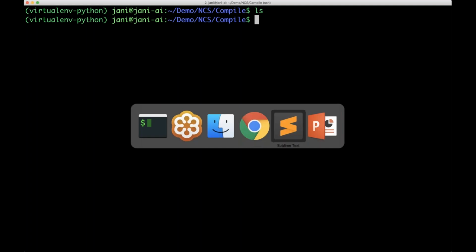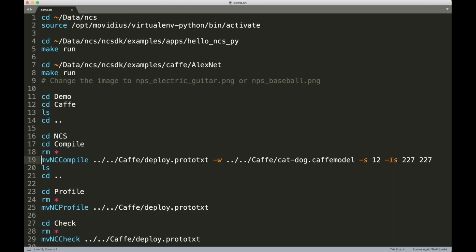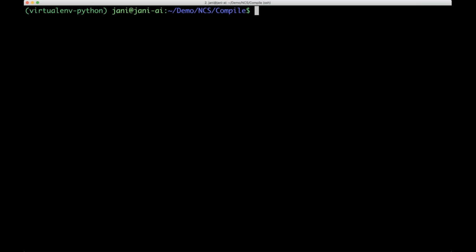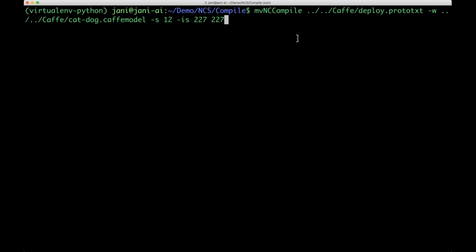So we are going to run one command, and this is how it's going to look. mvnc compile. By the way, mvnc compile is a tool that you get. It's a CLI. Technically, behind the scenes, it's a Python script. And what this does is it takes an existing Caffe model along with the prototxt file, and it also takes how